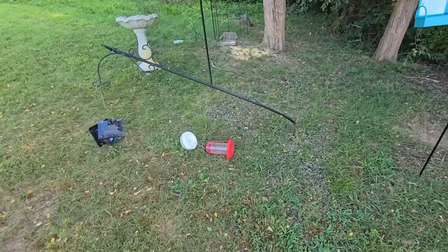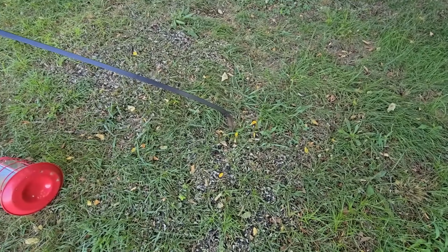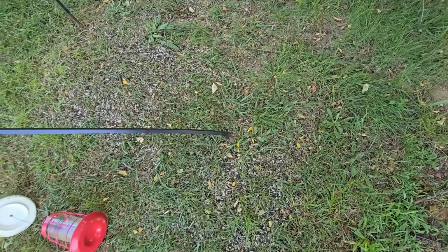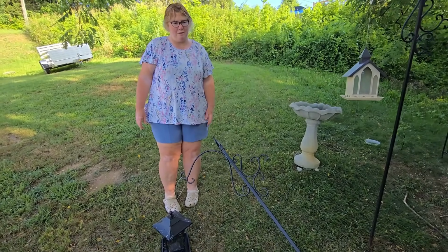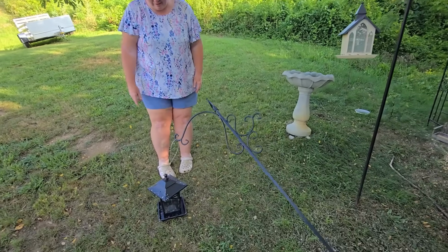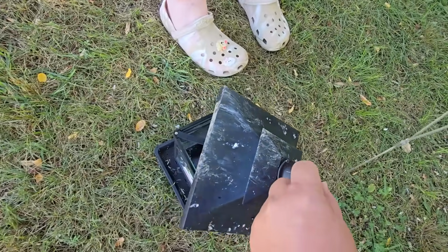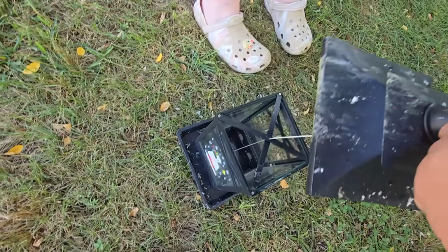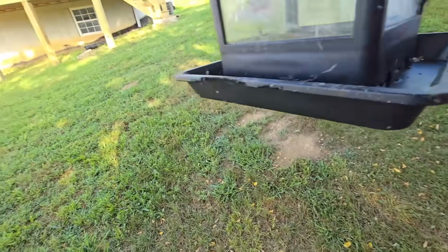And he totally broke the shepherd's hook. Wow, he literally had bent that. You see that? Piece of metal. You can see where he licked it. Here, let me get this off. But yeah,